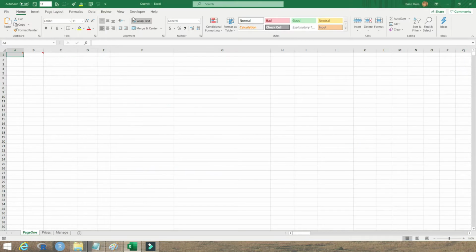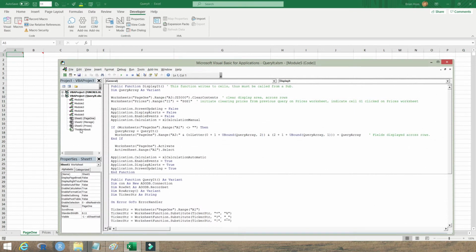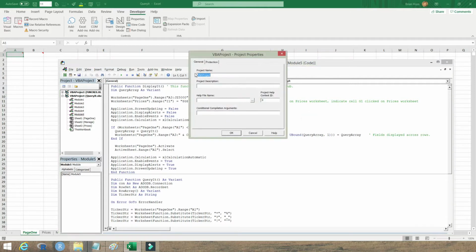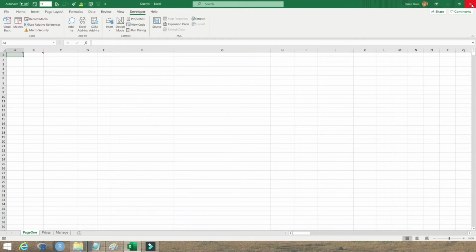So what we're talking about here is, if you go to the Developer tab, Visual Basic, you can see here on the left the different modules and things that make up your VBA project. If you want to protect it, you would go to the Tools menu, and under VBA Project Properties, select Protection, lock for viewing, and then enter a password. OK. Then I'm going to shut down the spreadsheet